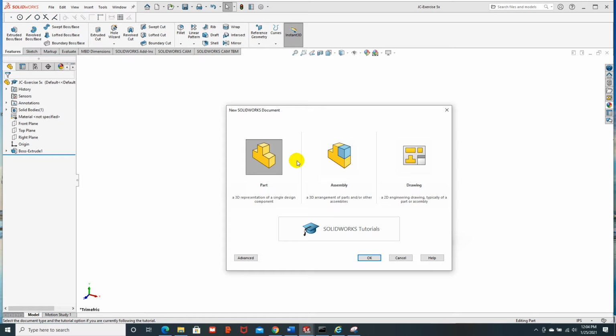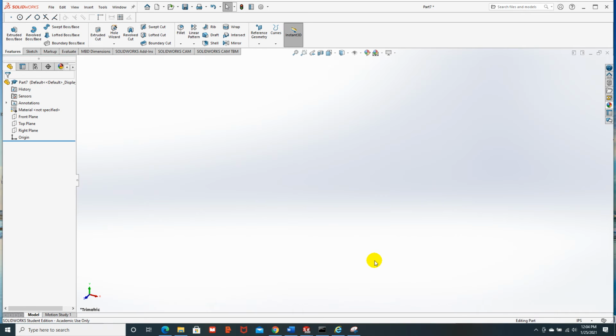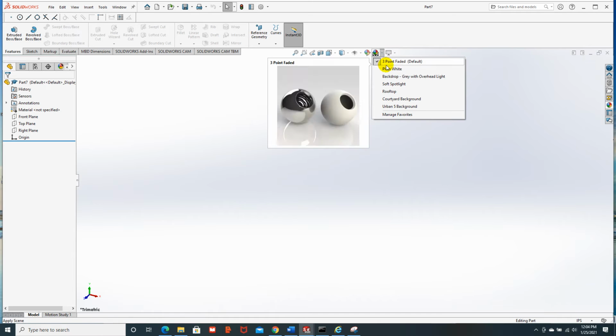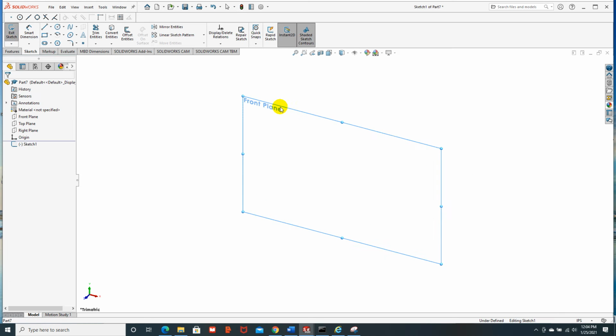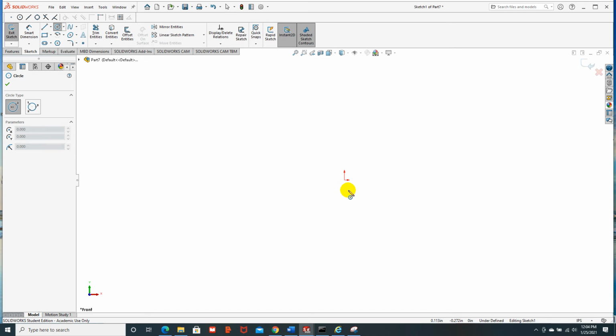Start a new part. Plain white. Start a sketch on the front plane. Check the units. Our units are in inches, so that's fine. And we'll start off by drawing